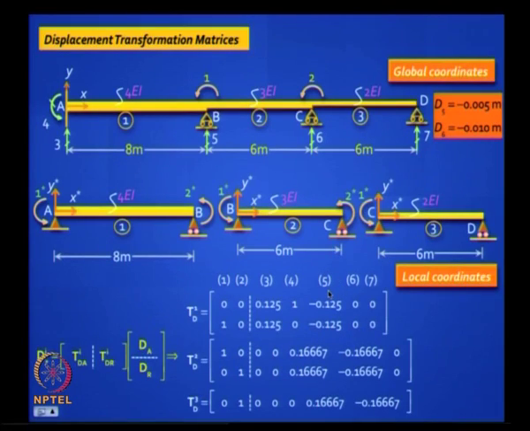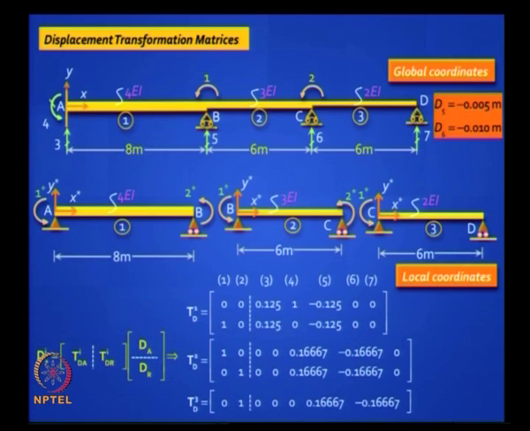So I am sure you can derive all the others. Let us look at the last one, let us say D7 equal to 1. If you lift up the last one, only element 3 will be affected, agreed? You have an anti-clockwise chord rotation, and the equivalent flexural rotation will be clockwise, which means negative, and it will be 1 divided by 6. That is why in the last row you have minus 0.1667, but all the others are 0.